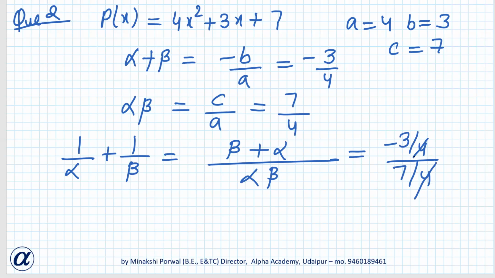So when we divide a fraction by fraction, क्या होता है जब a अपॉन b, c अपॉन d, अगर इनको डिवाइड करते हैं जो सबसे नीचे है वो सबसे ऊपर वाले से मल्टीप्लाई होता है और ये दोनों मल्टीप्लाई होते हैं. तो it will be -3 by 4 into 4 by 7. So -3 by 7 is the answer. Okay, that means the option D is correct answer.